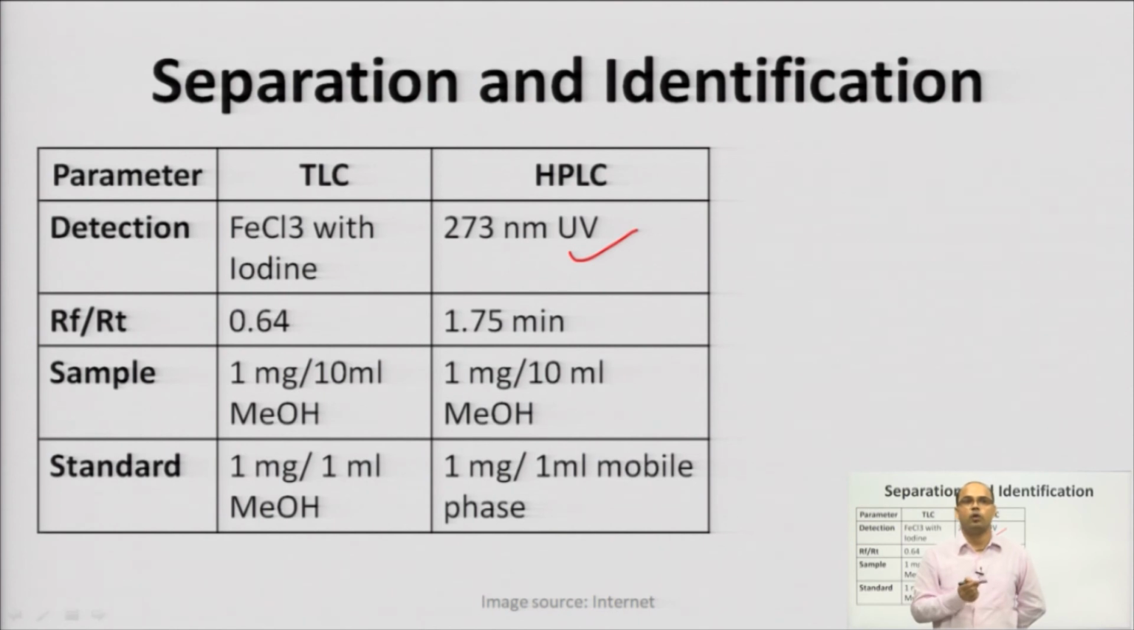The sample for HPLC analysis we have prepared by dissolving 1 mg of our drug, in which we have to identify the caffeine, in 10 ml of methanol, and similarly the standard caffeine was dissolved in 1 ml of mobile phase. 1 mg of caffeine was dissolved in 1 ml of mobile phase, and the sample was injected into the